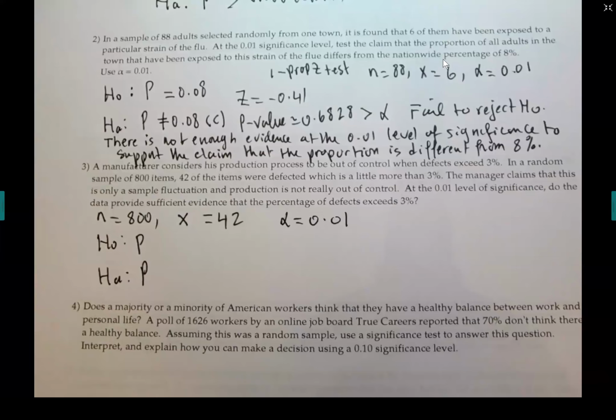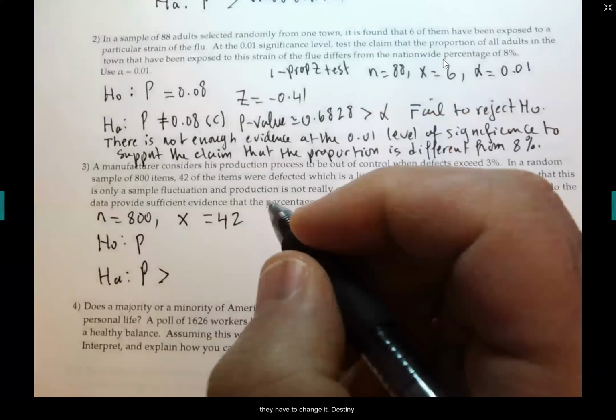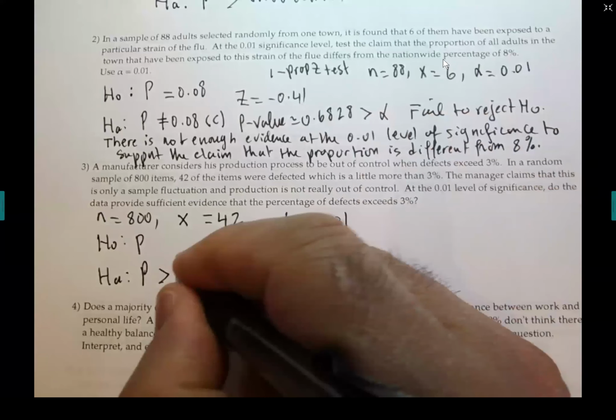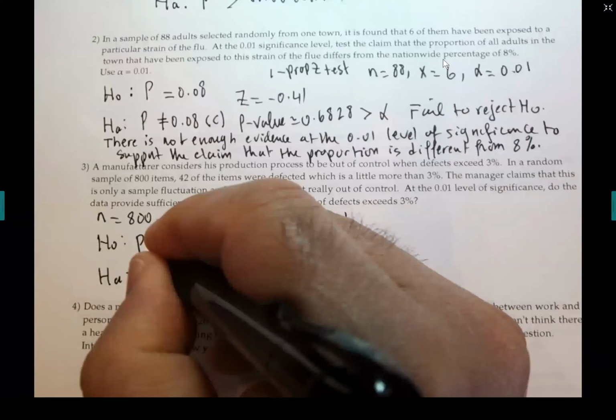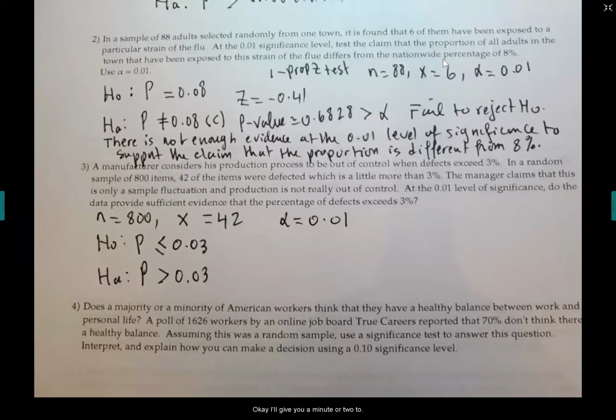More than, okay. And guys, don't write 3, it's a 3%, so you have to change it to a decimal. Okay, I'll give you a minute or two to finish this exercise. So run the prop Z test and